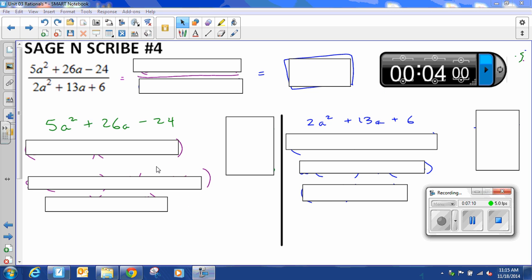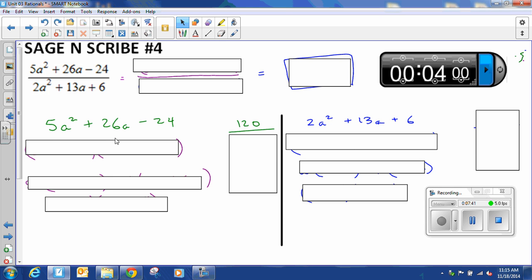Okay, I wanted to look at one last example, Sage and Scribe number 4. And this is quite a bit of work because I noticed that I cannot extract a greatest common factor from the numerator. I cannot extract the greatest common factor from the denominator. And I also noticed that the leading coefficient, in other words, a, is greater than 1 for both of these. So I'm going to resort to splitting the middle term method, which is when you take 5 times 24 and you list the different factors that give you